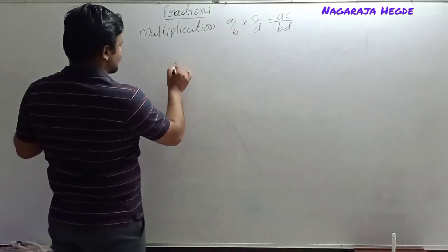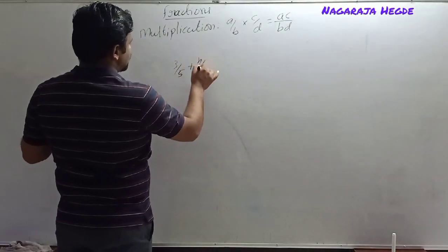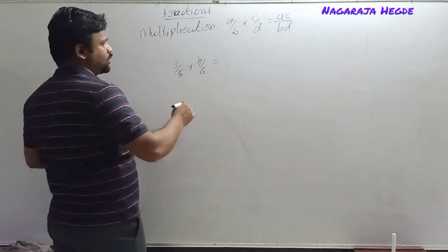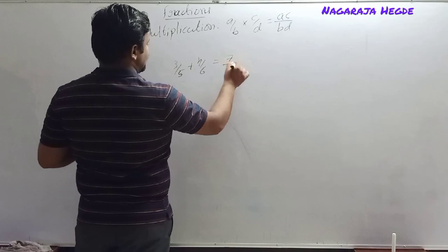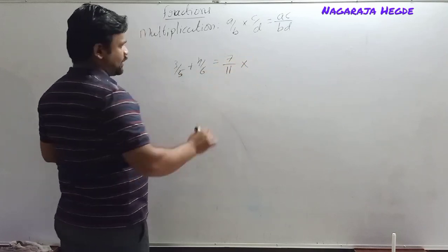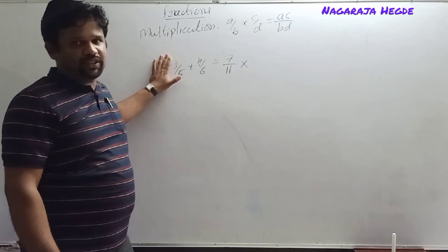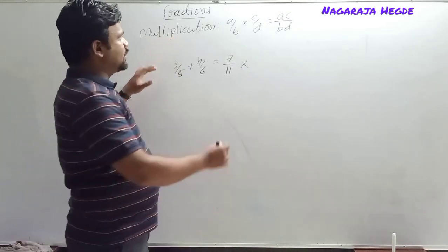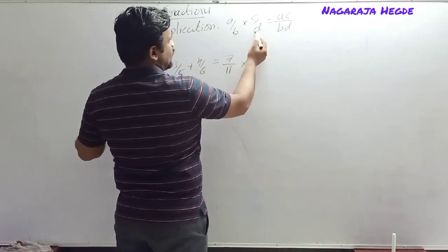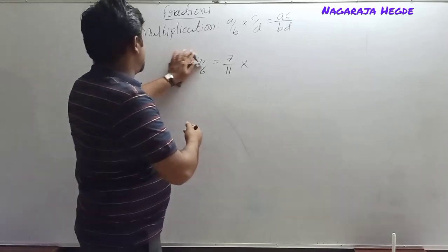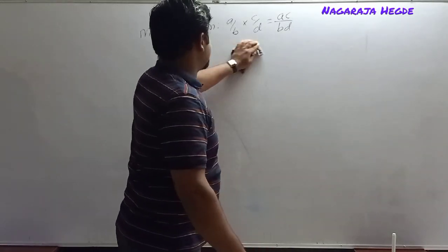Don't do it like this: 3 by 5 plus 4 by 6. This is a common mistake. Sometimes students used to do 4 plus 3, 7; 6 plus 5, 11. This is the wrong concept. This is not applicable in fractions. Remember. But multiplication we can do like this. That means a and c we can multiply, b and d we can multiply. But this is not applicable in addition. These are common mistakes sometimes students make.